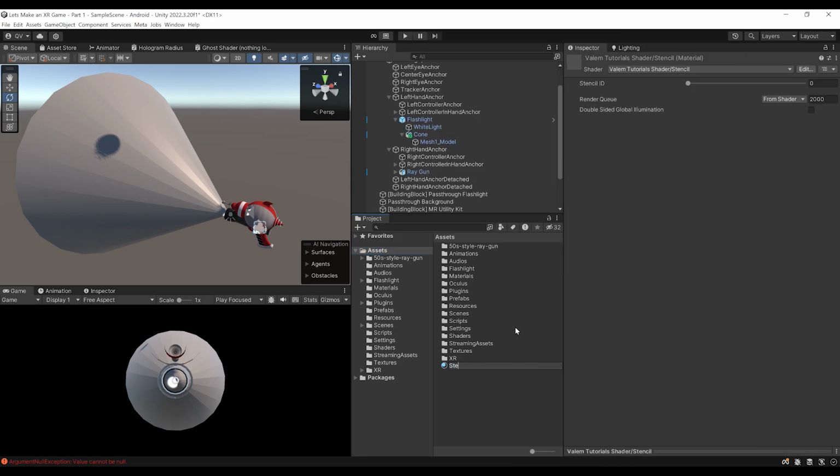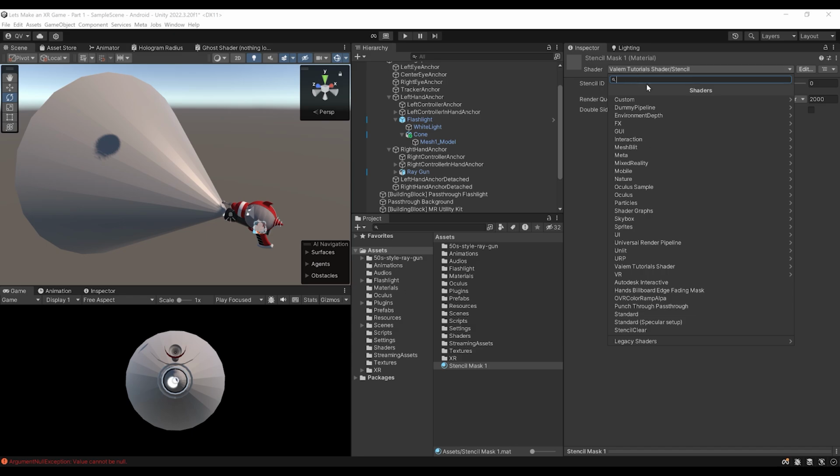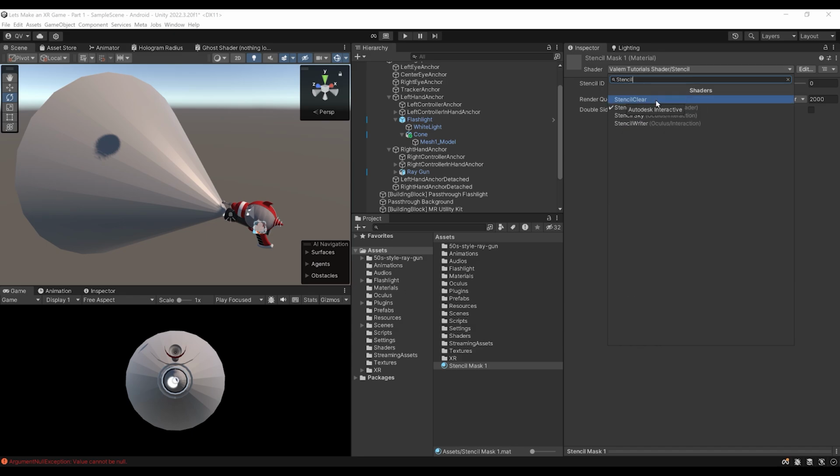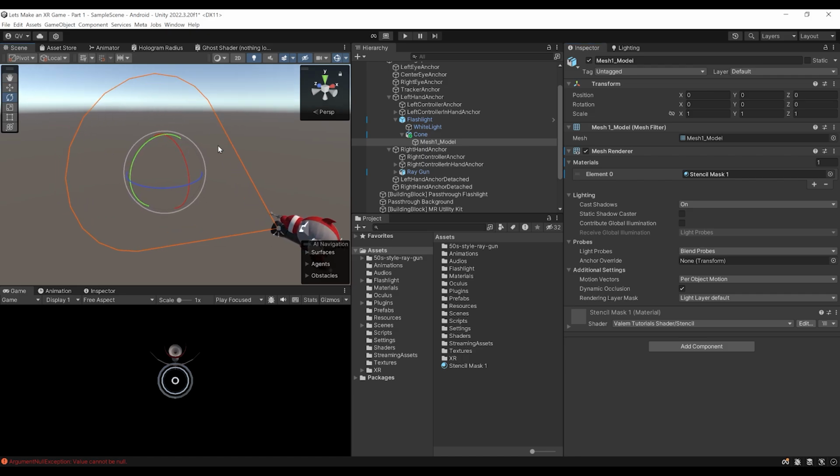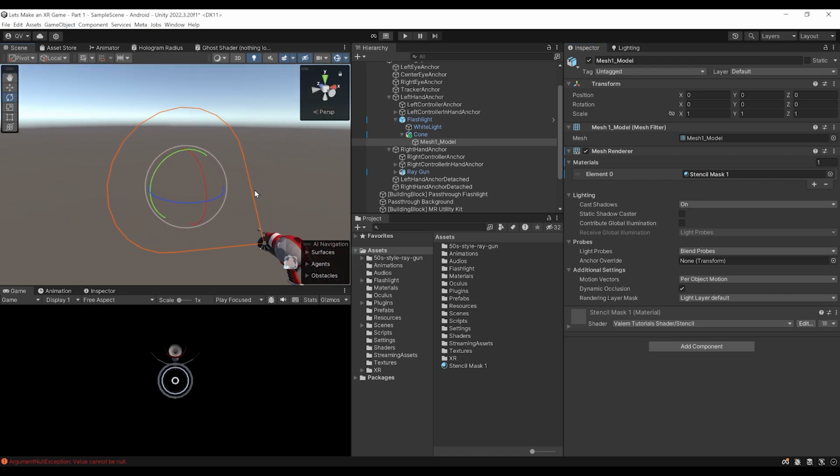I'm going to set this one stencil mask 1. And what we can do is change this shader by searching for stencil. And here is the stencil that we want, the Valem tutorial shader. There you go. Now we can simply go back to our cone, drag the stencil mask over there, and as you can see, it has turned the material transparent because it is doing nothing more than writing some stencil